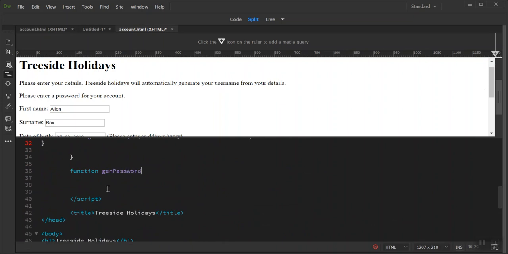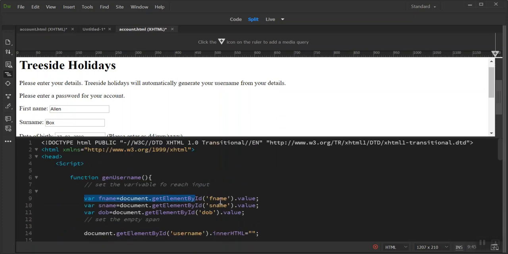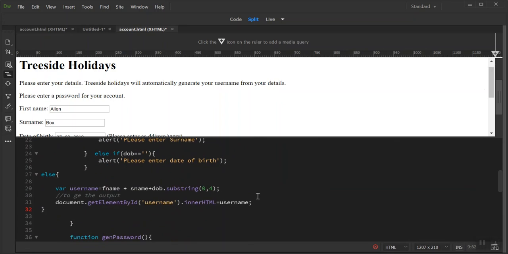Password. Okay, the function is generated. Curly brackets, as you know, always after writing the function name, we open curly brackets, and in these curly brackets we write. So the same we will write. There I will copy this, and I will write